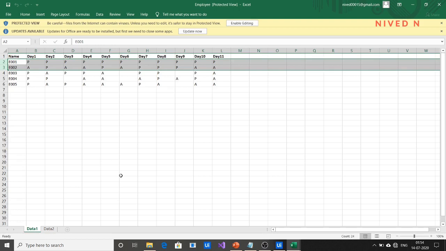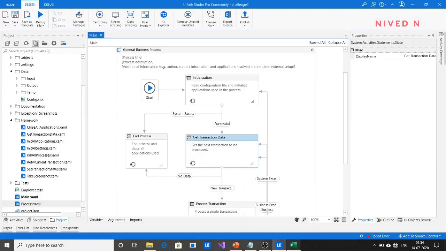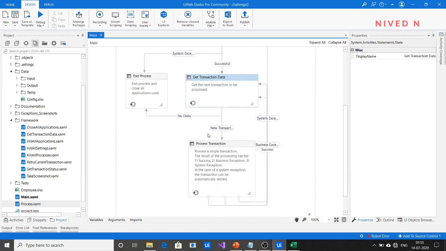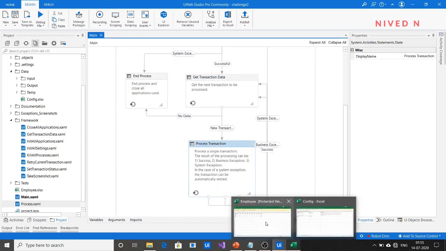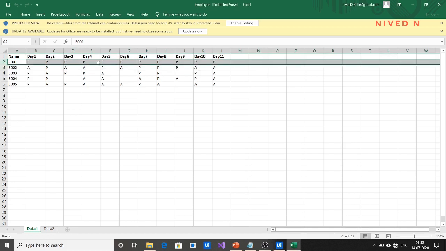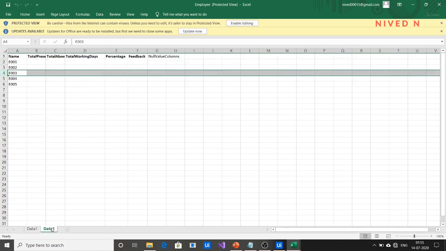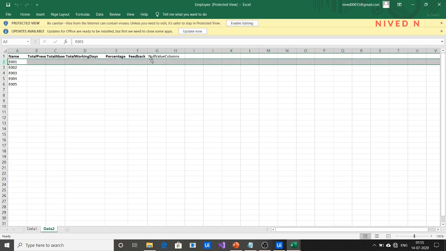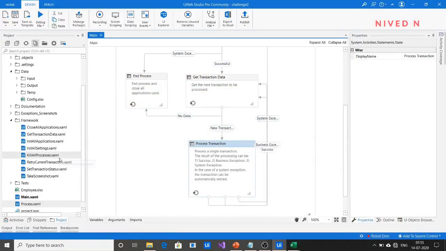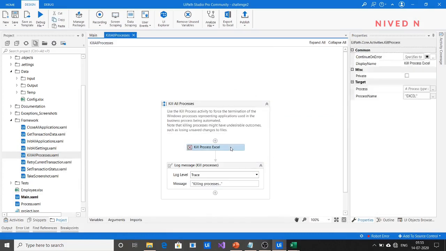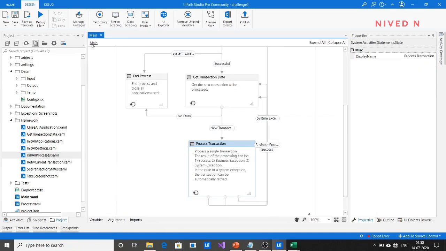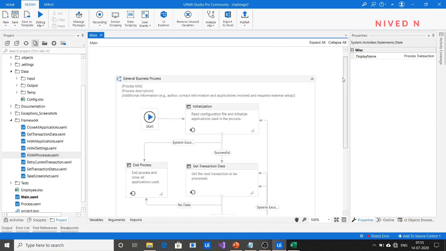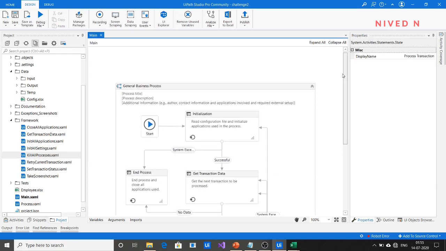In Process Transaction, we take each transaction item, process it, meaning we calculate the number of present, absent, etc., and then transfer the data to the sheet corresponding to the employee's name, filling the data there. In Kill All Processes, we are killing the Excel process. And here the initialization and close all applications are not required because it is an Excel automation.